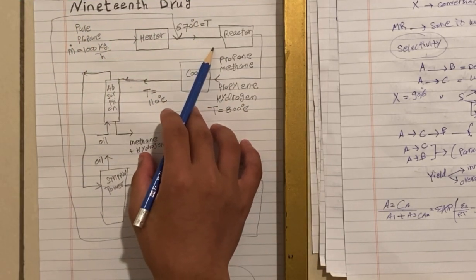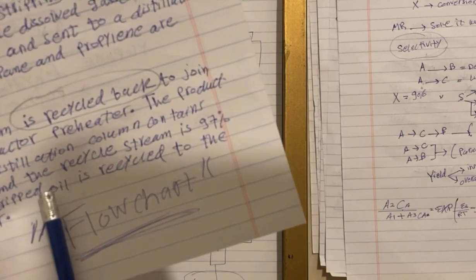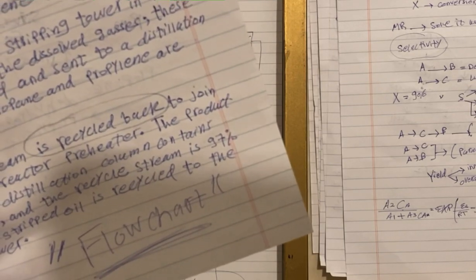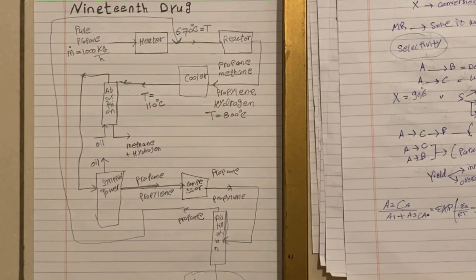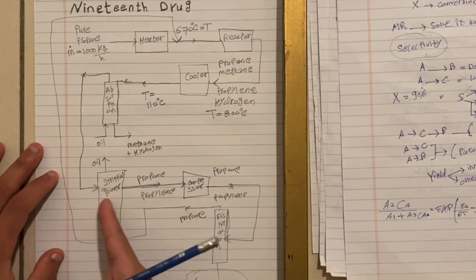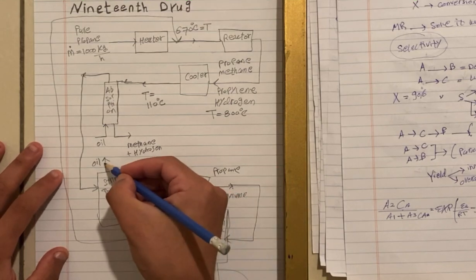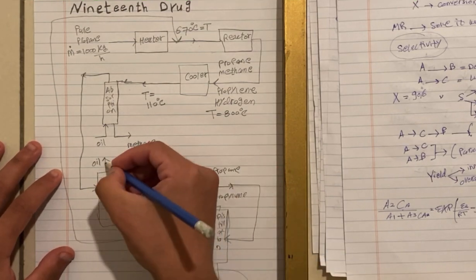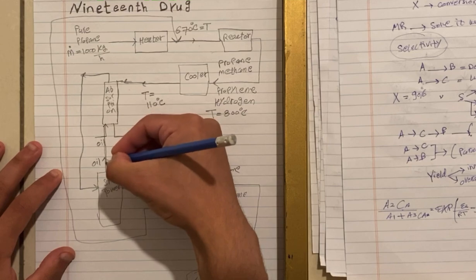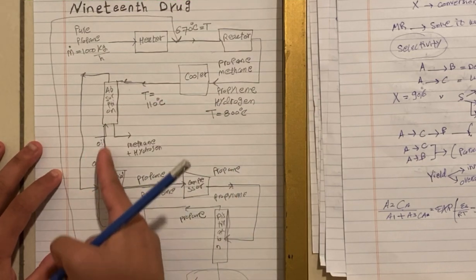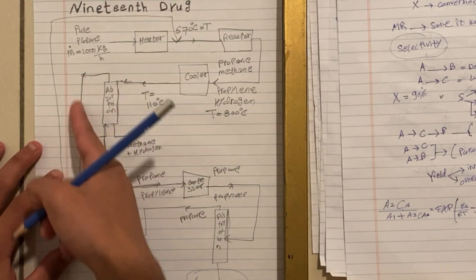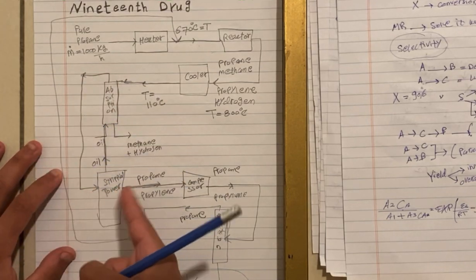As the question said, the stripped oil is also recycled to the absorption tower. So this is the stripped oil entering a stripping tower, and then it will leave as stripped oil. This stripped oil will be recycled to the absorption tower. So it will go here, recycled, and will be used all the way